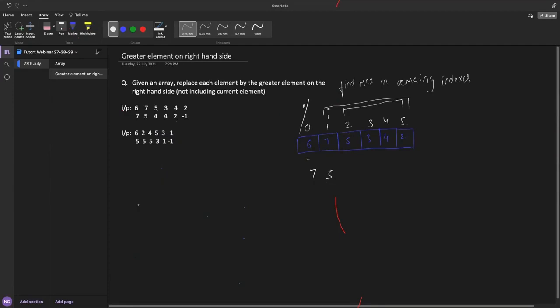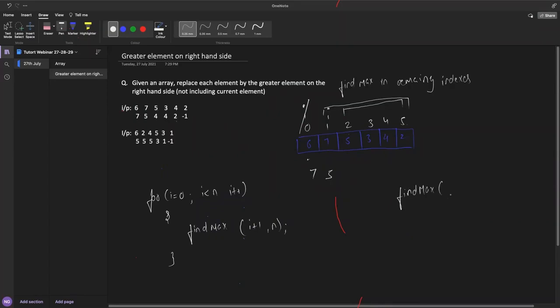So in this approach, for I equals 0, I less than n, I plus plus, what we are doing is finding the max from I plus 1 to n. Every time we need to find the maximum. And how will we find the maximum element? We simply loop through the array, take a variable, and compare it with each element until we find the maximum element.